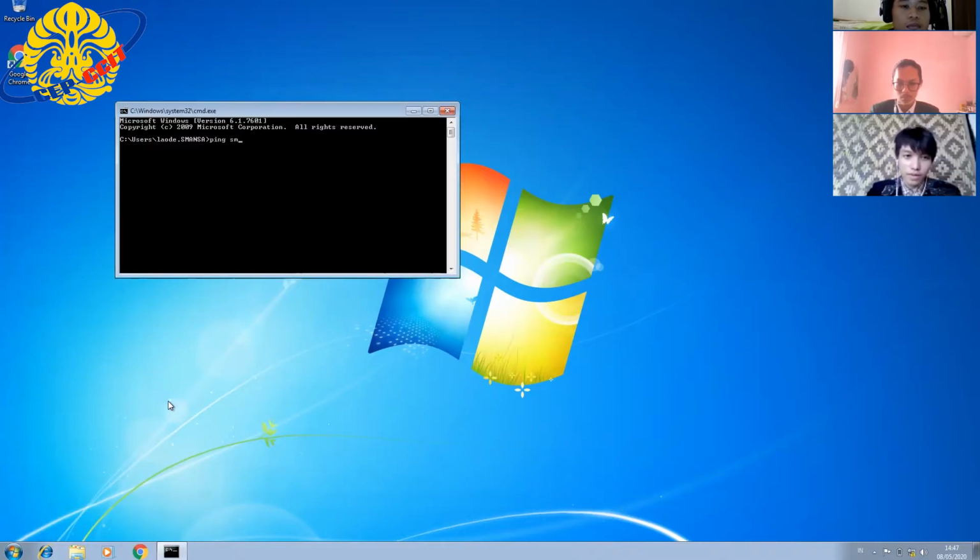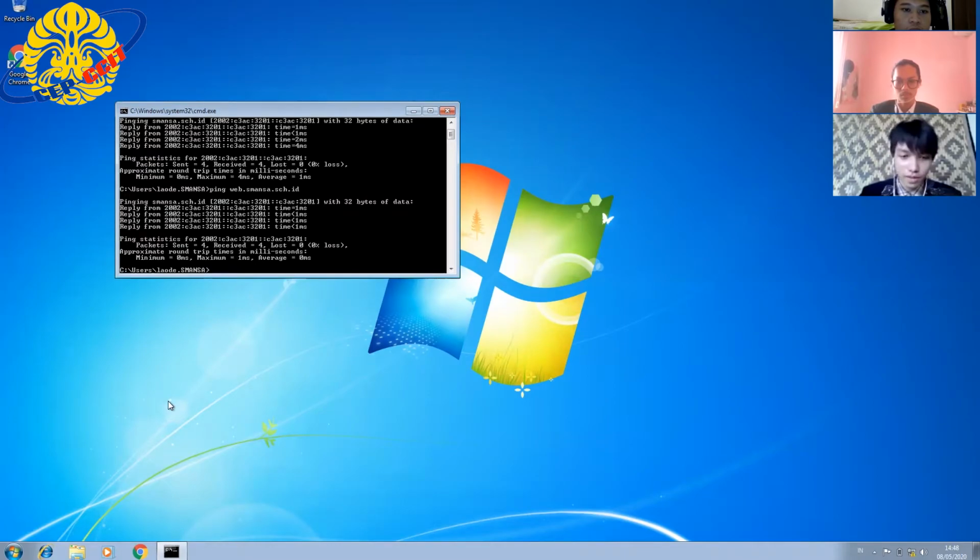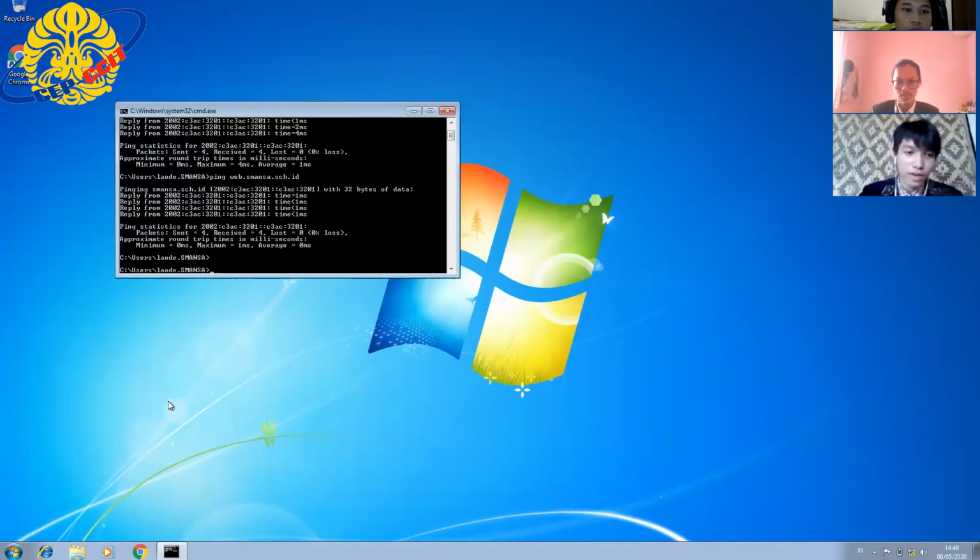We can ping the DNS semansa.sch.id. If successful, we get a reply from the server, and also ping the subdomain web.semansa.sch.id. The connection is successful again.